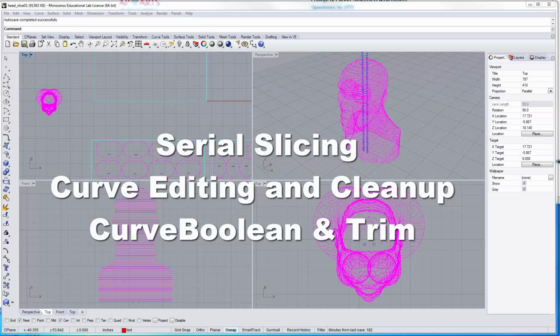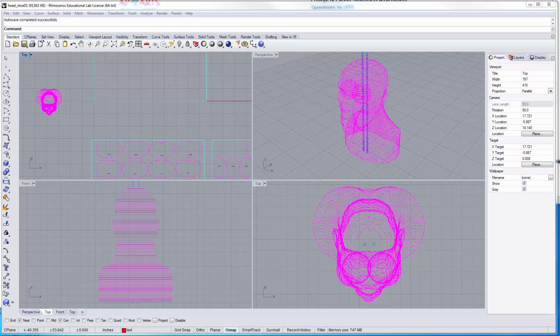In this video tutorial, what I'd like to do is go over a couple common curve editing issues that you may encounter as you're doing your serial slicing. And I want to present two approaches that you can use for cleaning up your models, especially when they are composed of multiple independent geometries and you're trying to create slices for your models. I'm going to present methods